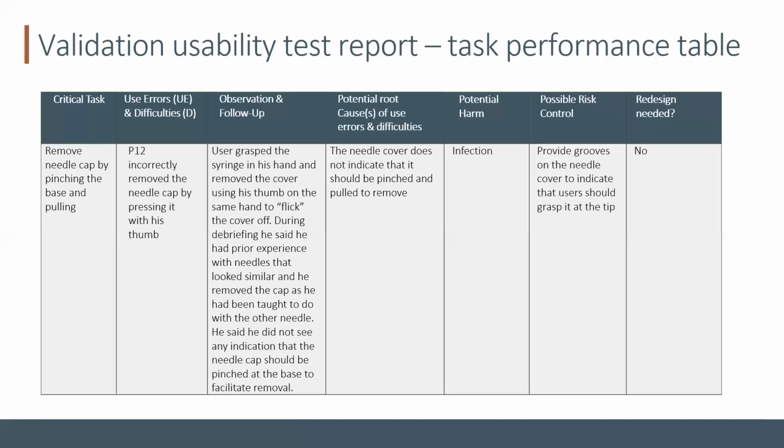And then lastly, is a redesign needed? And this is the chance for the manufacturer to say, if we see this one time, the manufacturer can say with a clear conscience that this is not something that we can see as a problem. We don't have to necessarily redesign every single problem we see in the usability testing. But if we saw this a number of times, 2, 3, 4 times, and people are making the same mistake, then yeah, we may need to consider changing the design,